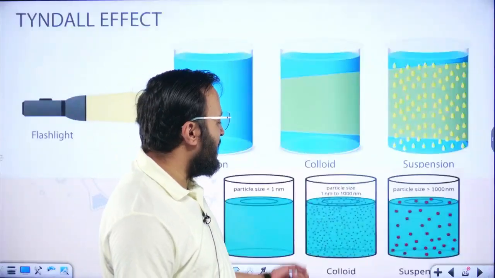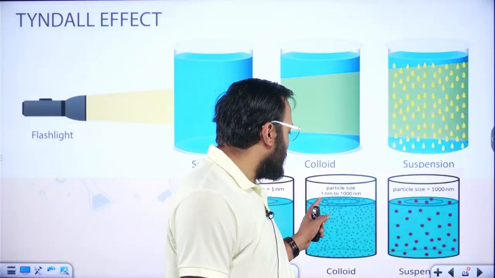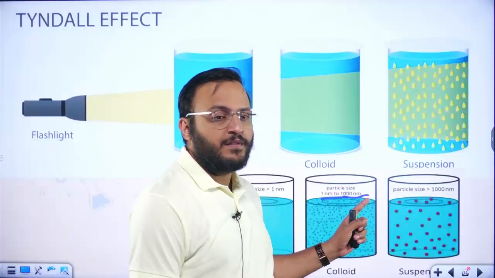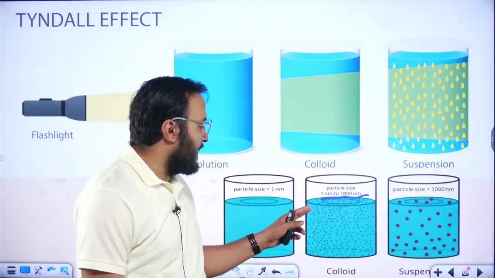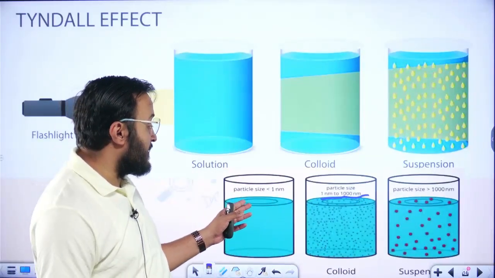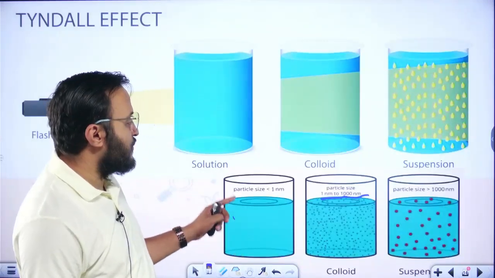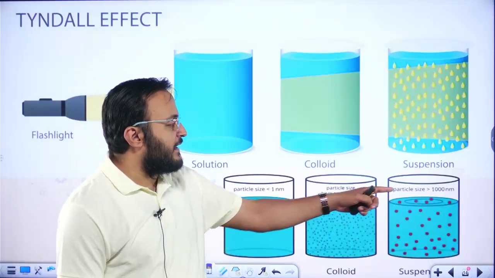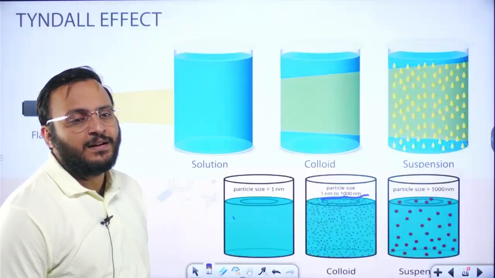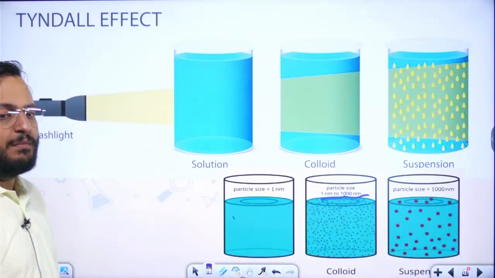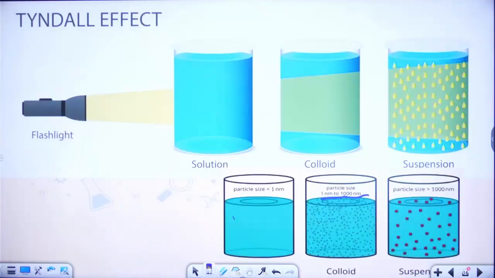Colloids are basically where the particle size is 1 nanometer to 1000 nanometer, means it is still a smaller size than the solution. Okay, and the biggest size comes in the suspension, because of the big size of molecules only the suspensions actually settle down. Okay,